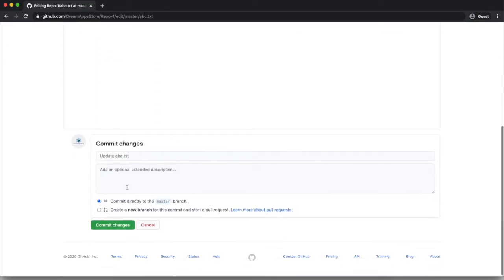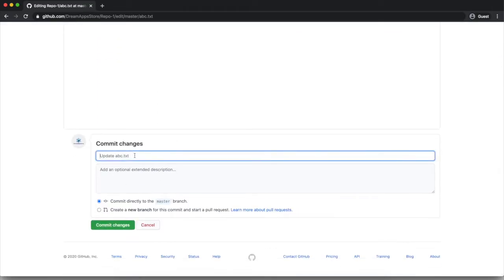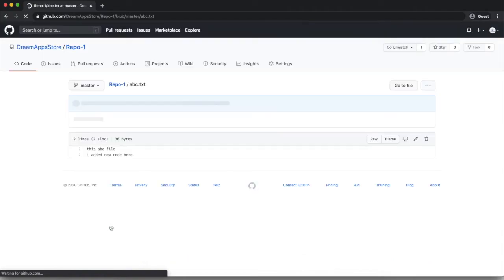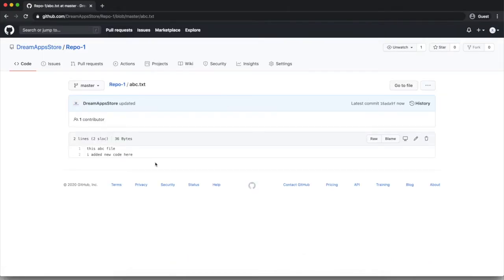After this, here we'll give a commit changes comment, then we'll click on commit changes. So you can see here the file got updated in GitHub. So this is the file. Suppose you push this latest code in the repository.